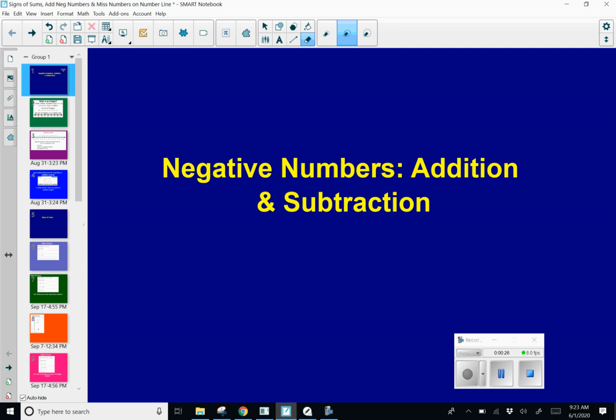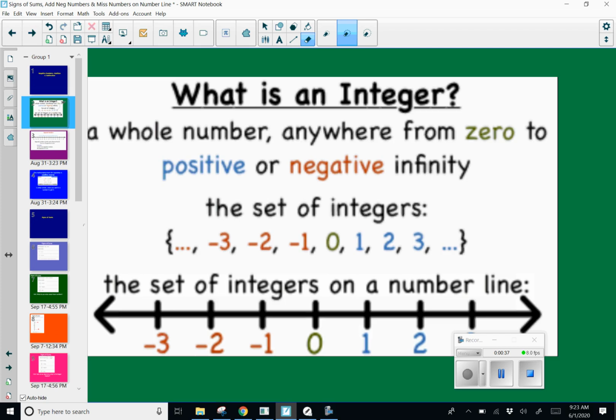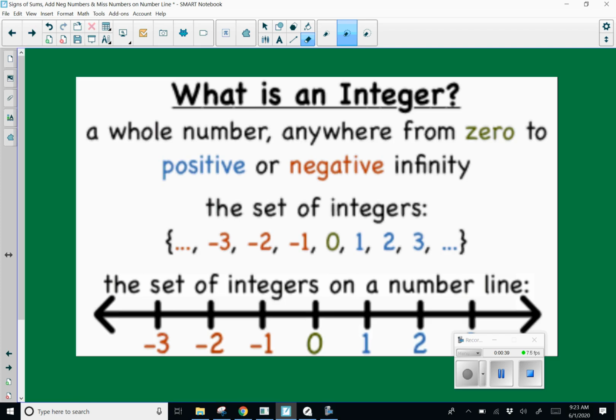The first thing I want to talk about is what is an integer? By now, in previous grades, you've talked about whole numbers and you've talked about natural numbers. Now we're going to get into integers. So the definition for an integer is it's a whole number anywhere from 0 to positive or negative infinity. And below that, you can see there is a set of integers as well as a number line. So any integer is going to include 0, 1, -1, 2, -2, 3, -3, and it goes on to infinity